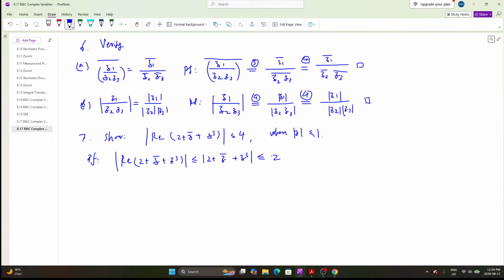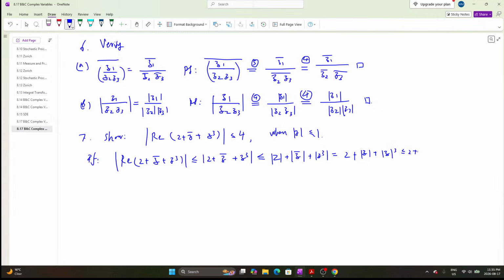You get the modulus of 2 plus the modulus of z bar, and then plus the modulus of z cubed. Actually, let's not go so fast. This is the triangle inequality, and this is the same as 2 plus the modulus of z plus the modulus of z cubed, which is less than or